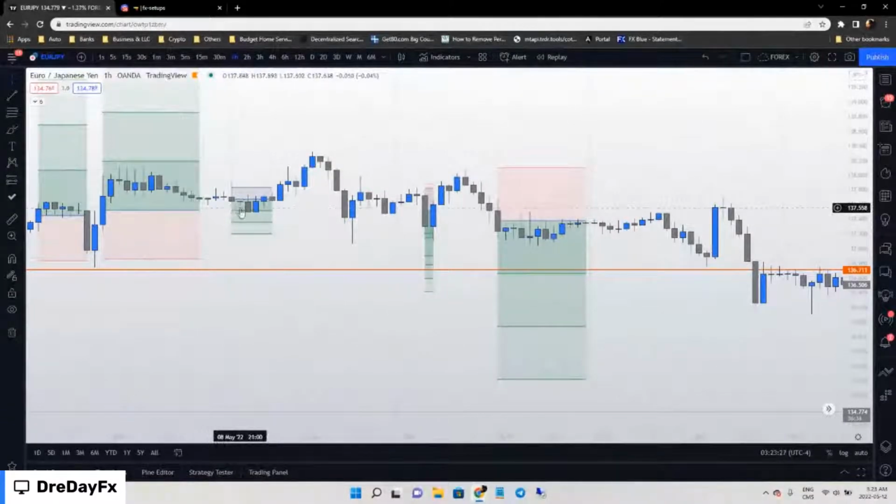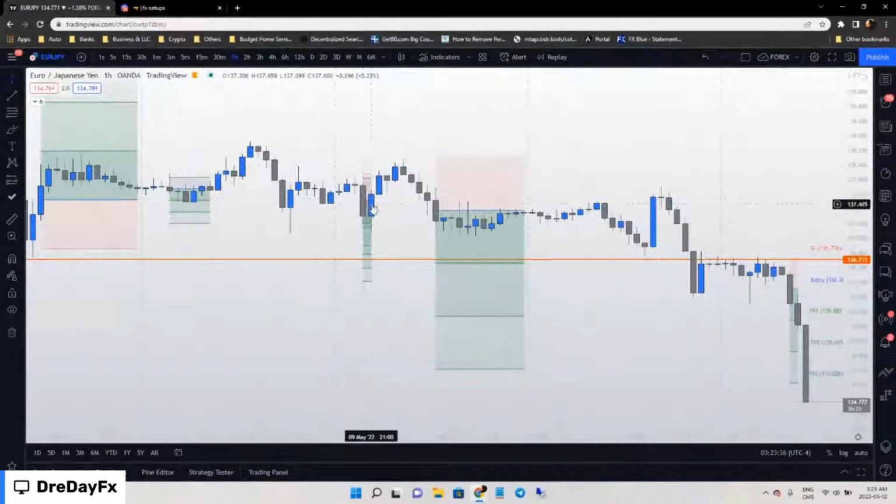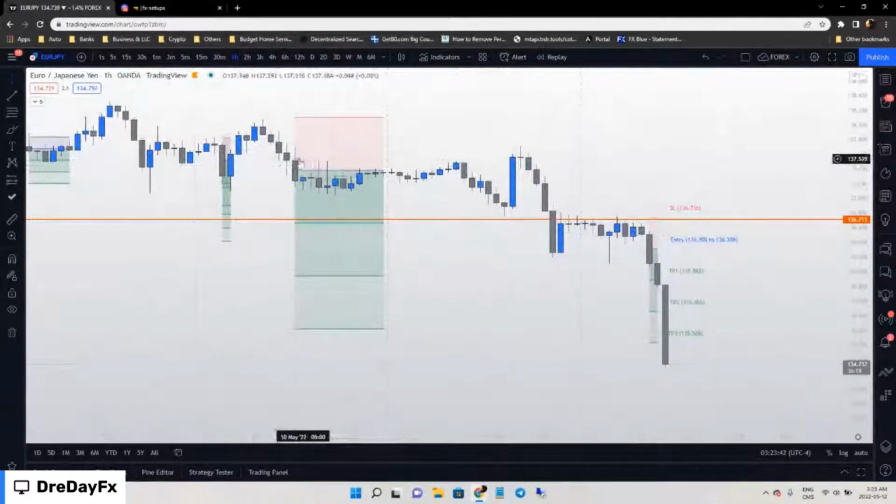So as you could see, you had one setup here for a sell that hit TP1 here. You had another one that hit TP1. This one on the 10th,